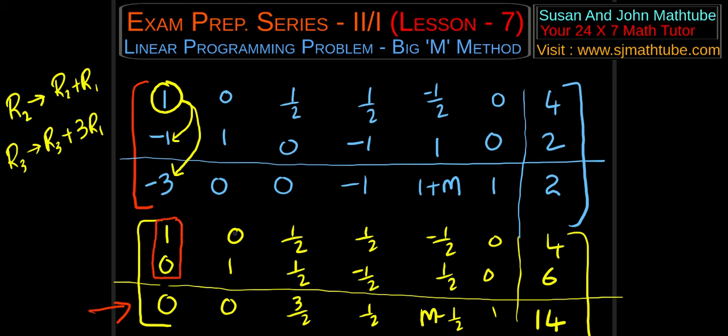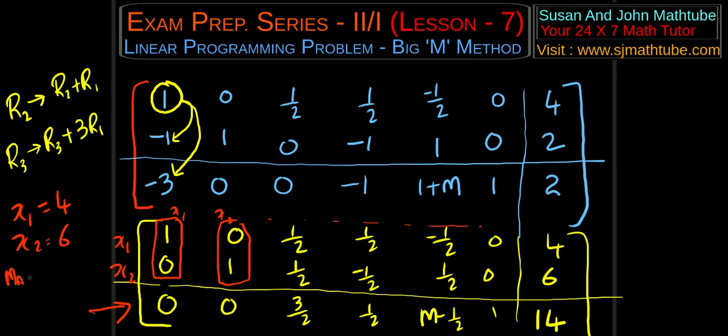We find the identity columns, and I'll write x1, x2, x3, etc. But I don't have to write because I already found the identity columns. So this will be x1 and this is going to be x2. So x1 is equal to 4, x2 is equal to 6, and the maximum value of p is equal to